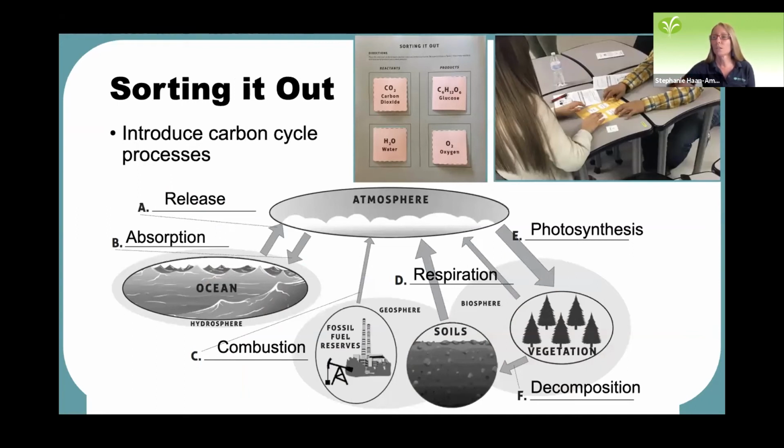They look at the compounds involved in the processes and sort them out on a page. And as they do that, they also name the processes involved in the carbon cycle and fill out the bottom of their handout. Page 1 has this carbon cycle diagram. Then they've got this handy diagram that has all the processes labeled that they can then use throughout the rest of this lesson. And you'll see why this is going to come in handy in just a moment.